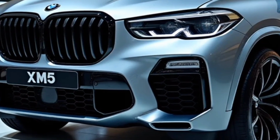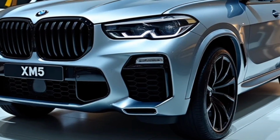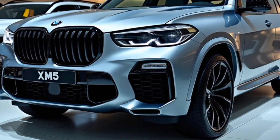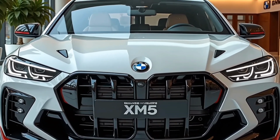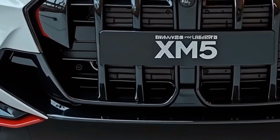Powering this beast is a twin-turbocharged 4.4-liter V8 engine that delivers an exhilarating 617 horsepower and 553 pound-feet of torque in the competition trim. This powerhouse is paired with an 8-speed M-Steptronic transmission that ensures lightning-fast shifts and seamless power